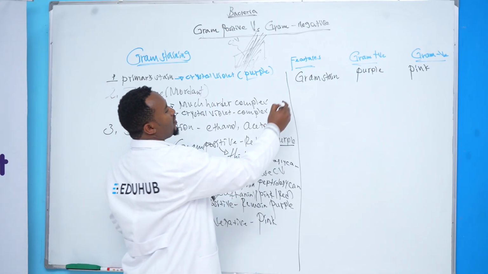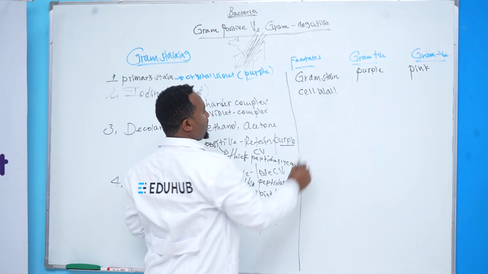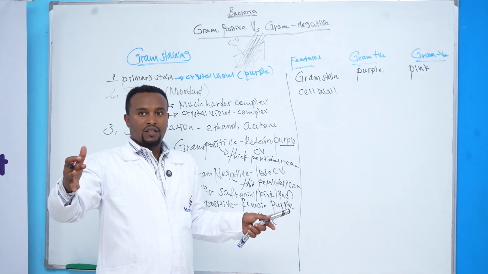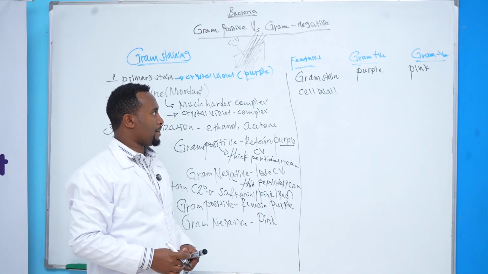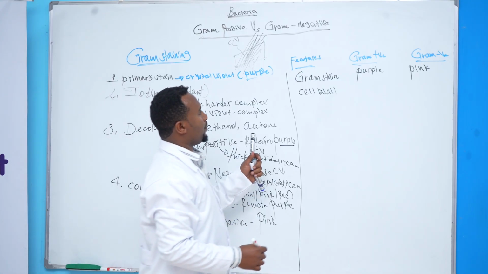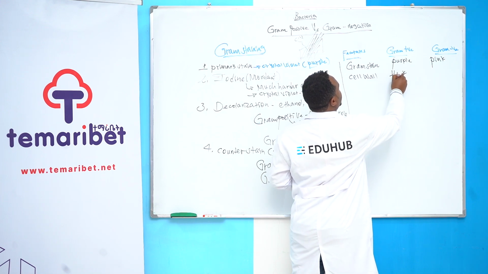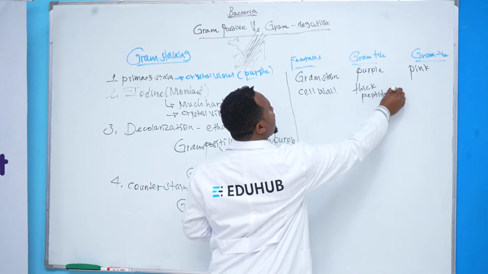The other is their cell wall composition. Actually, the gram-positive bacteria have a thick cell wall. This thickness is because of their peptidoglycan. So gram-positive bacteria have thick peptidoglycan. Okay, so